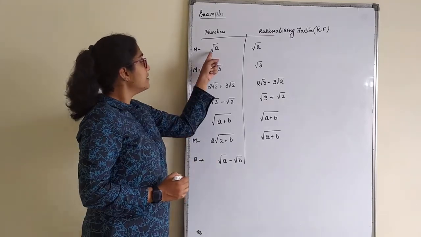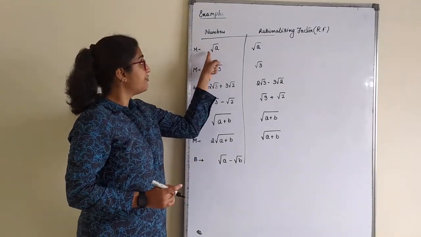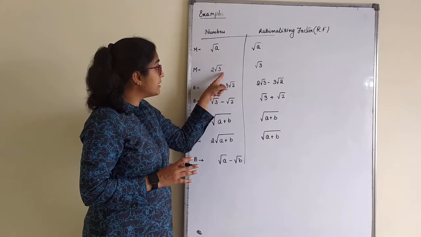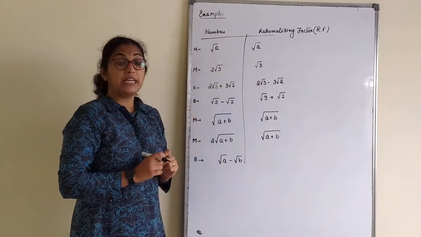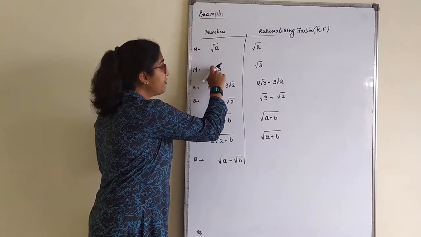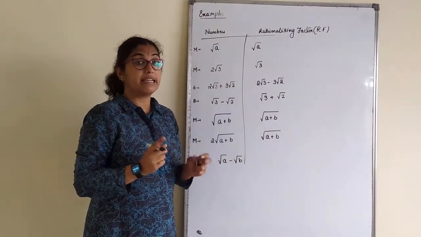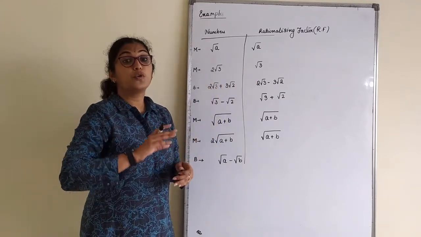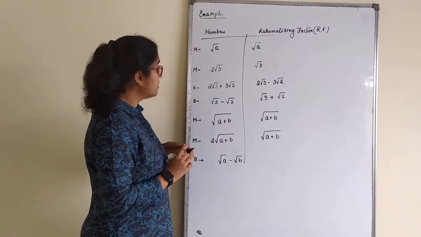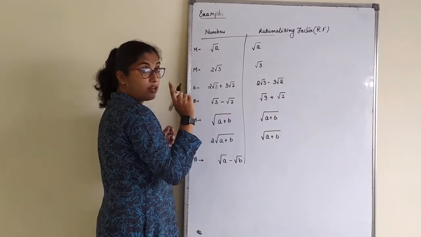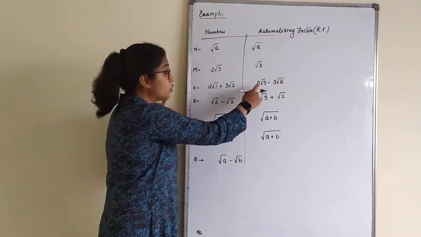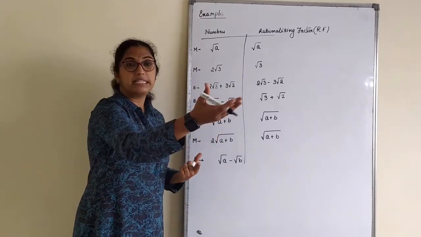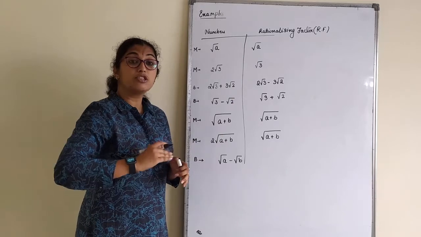Now see here, since all are monomial terms, for the rationalizing factor the same term we multiply again. Root a, root a. 2 root 3, only root 3. That means in a monomial, if there is some coefficient, that coefficient is not taken in the rationalizing factor. You should only take root 3 to rationalize the given number. Look at this, there is a coefficient, but it is binomial. In binomial, the coefficients also can come. Always in monomial, the same term is going to come. Binomial, its conjugate will come.